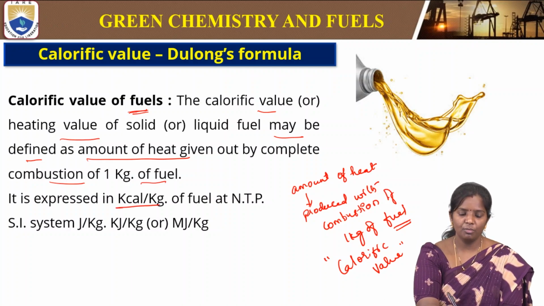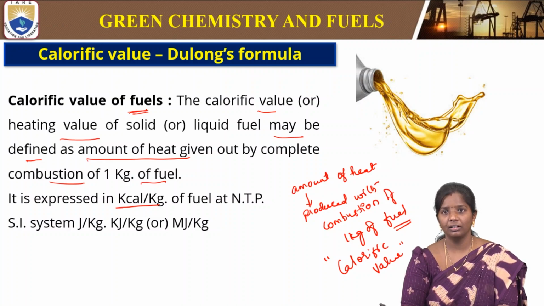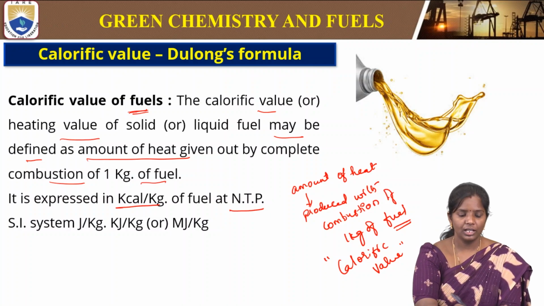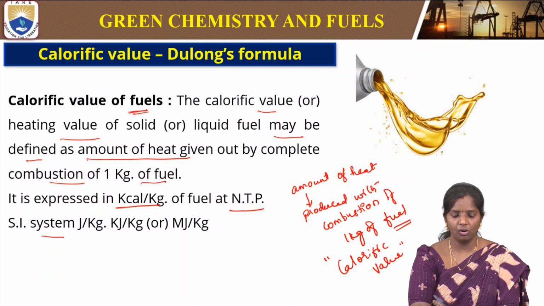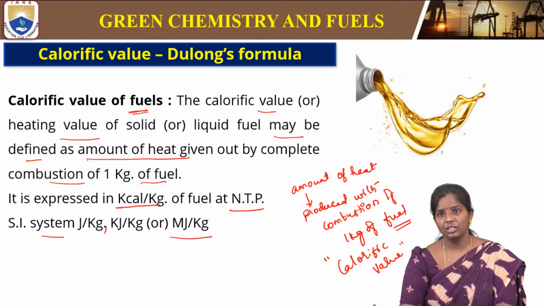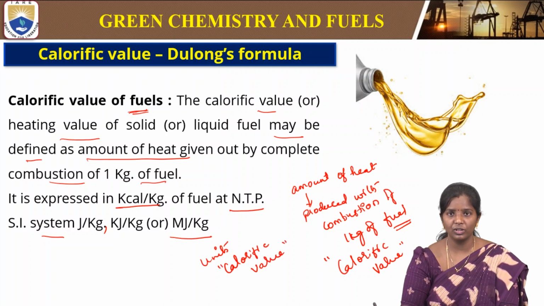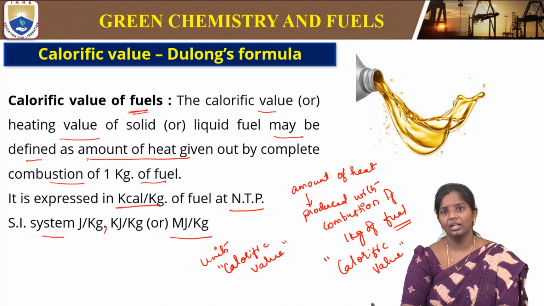It is expressed in kilocalories per kg at normal temperature and pressure conditions. In SI units, it is joules per kg, kilojoules per kg or megajoules per kg. These are the units for the calorific value. The calorific value has very high importance for fuels like solid fuels, for example coal, and liquid fuels like petroleum products such as diesel. These give an idea of how we can use them for automobiles